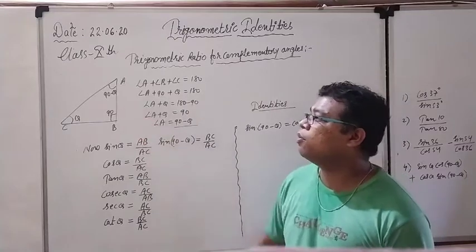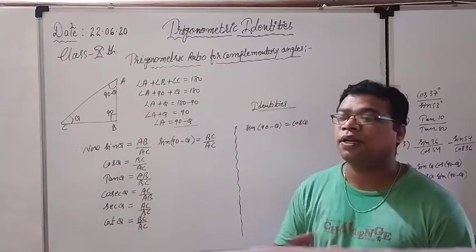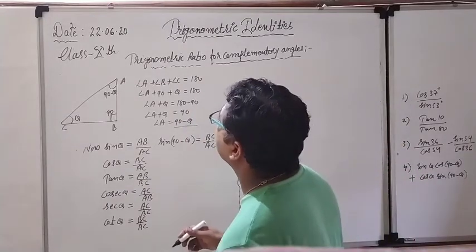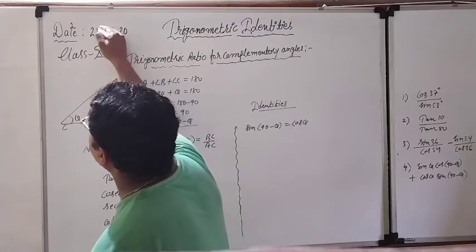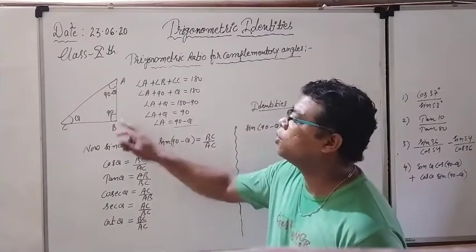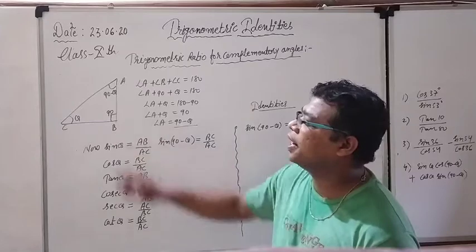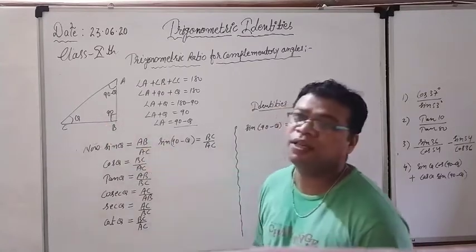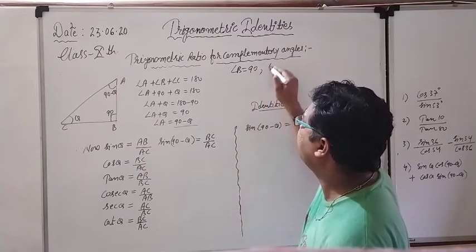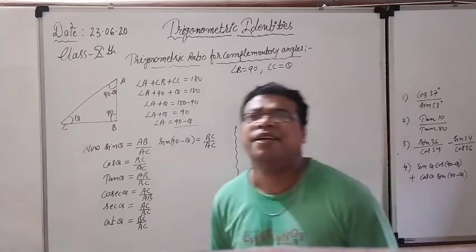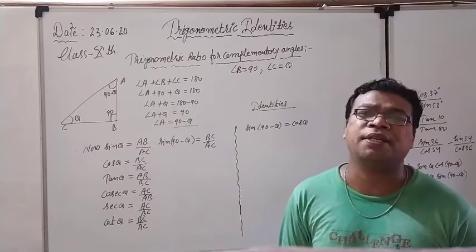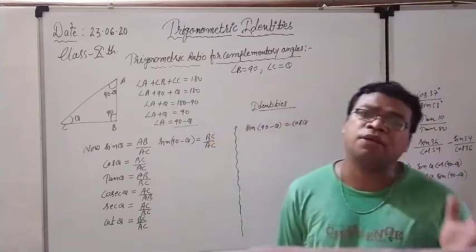I have made a right angle triangle, because all the trigonometric ratios are valid for the right angle triangle. This is the right angle triangle, and you can see it is right angled at B. B is making 90 degrees, and I have considered the angle C as theta. This is my angle of consideration. Angle B is equal to 90 degrees, and angle C is theta. Theta is the symbol of angle, always used where we talk about trigonometric ratios.